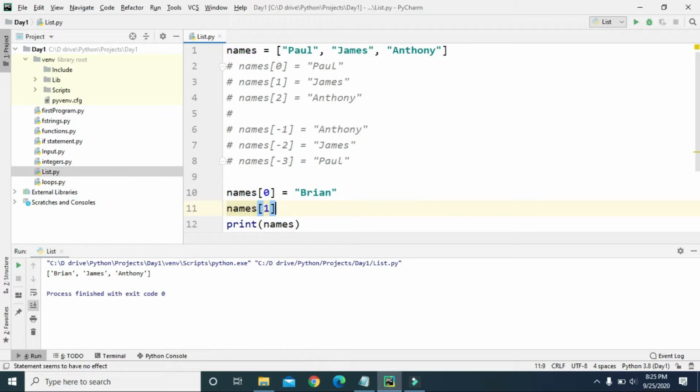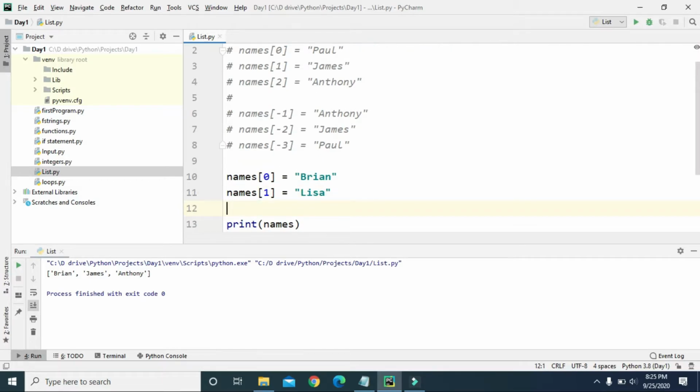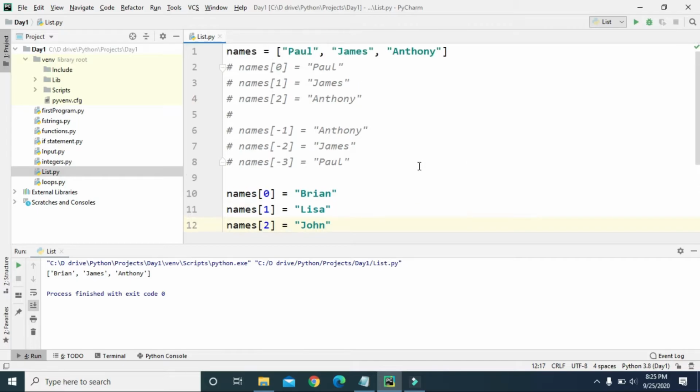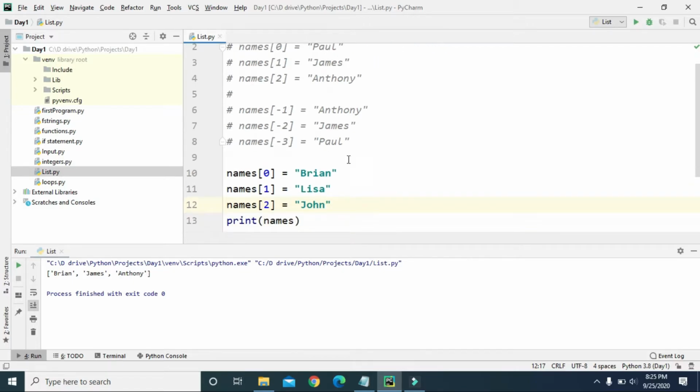So let's change the second item. So let's give Lisa, and let's also change the third item. That is let's give John. Now the original items of this names list were Paul, James, and Anthony, but here we are changing them into Brian, Lisa, and John. And what we can do is let's also print the